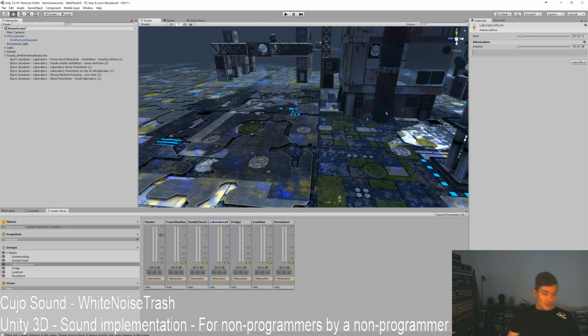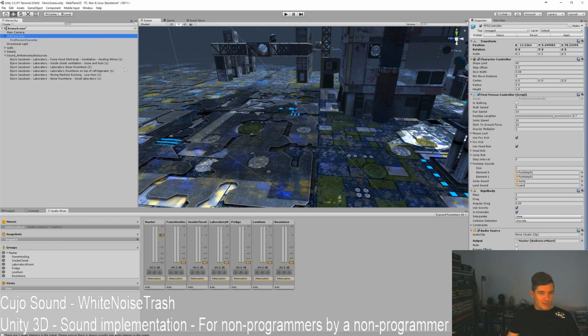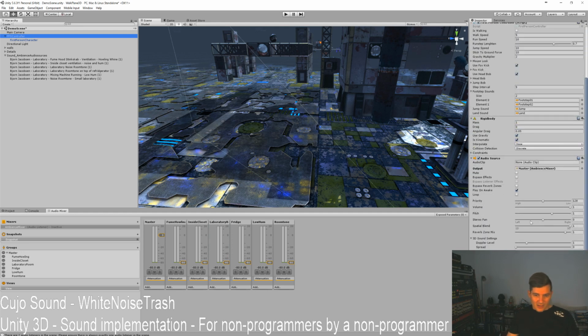The footsteps are very low, but we're going to go into the FPS controller and look at this. It actually says here that this is a 3D sound. We're just going to make everything on the FPS controller 2D, and then we can control the volume. So actually, we want a new mixer here called